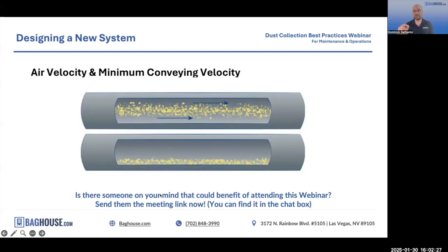So a grain of lead dust is actually not heavier than a big chunk of wood that's getting sucked through the system, right? So the bulk density of the material, but also how big the particles are, what exactly you're moving. All of that goes into determining what's called the minimum conveying velocity. That's the slowest possible speed that you need to move the material so that it stays floating in the air. If you go lower than that at any time, what happens is what you see in the picture, where the dust builds up in the bottom of the pipe,